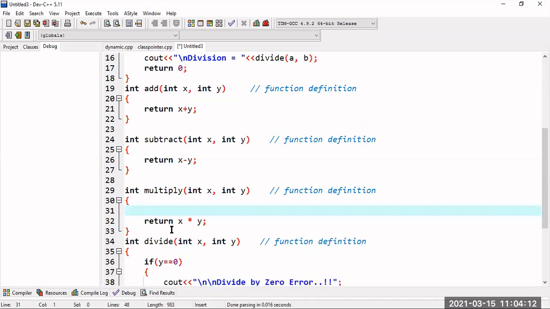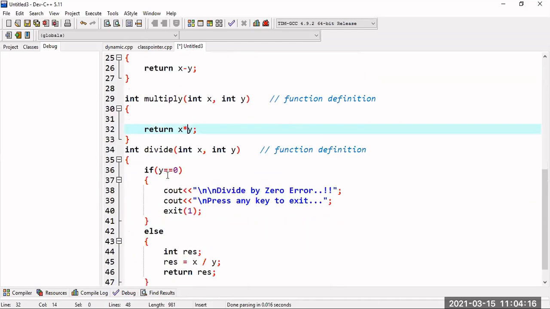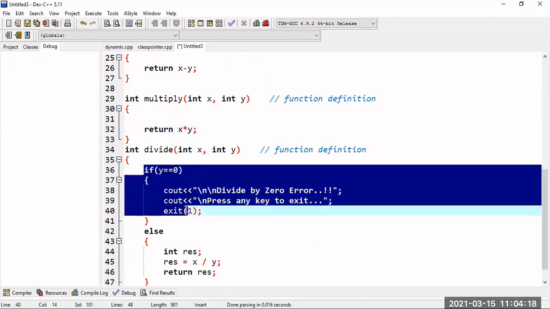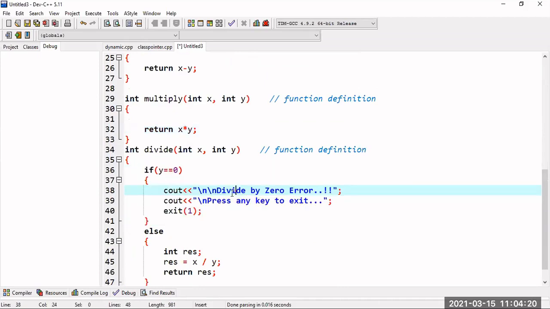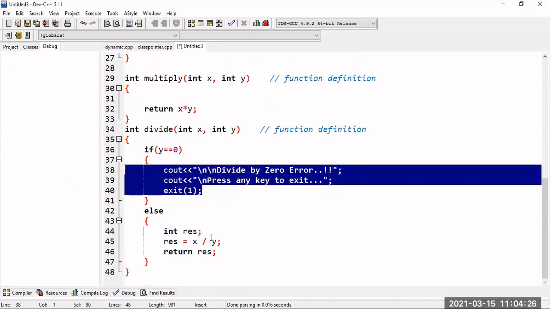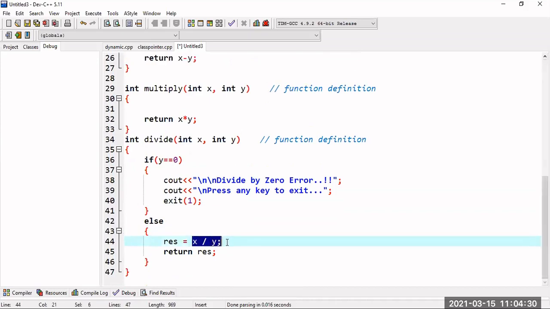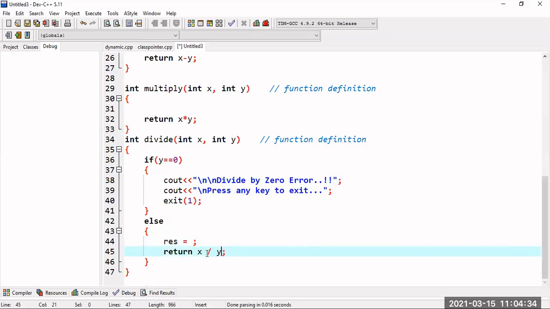Only for division I will write extra: if y equal to 0, then I write divide by 0 error, because I cannot divide by 0. Else I can directly return x divided by y.